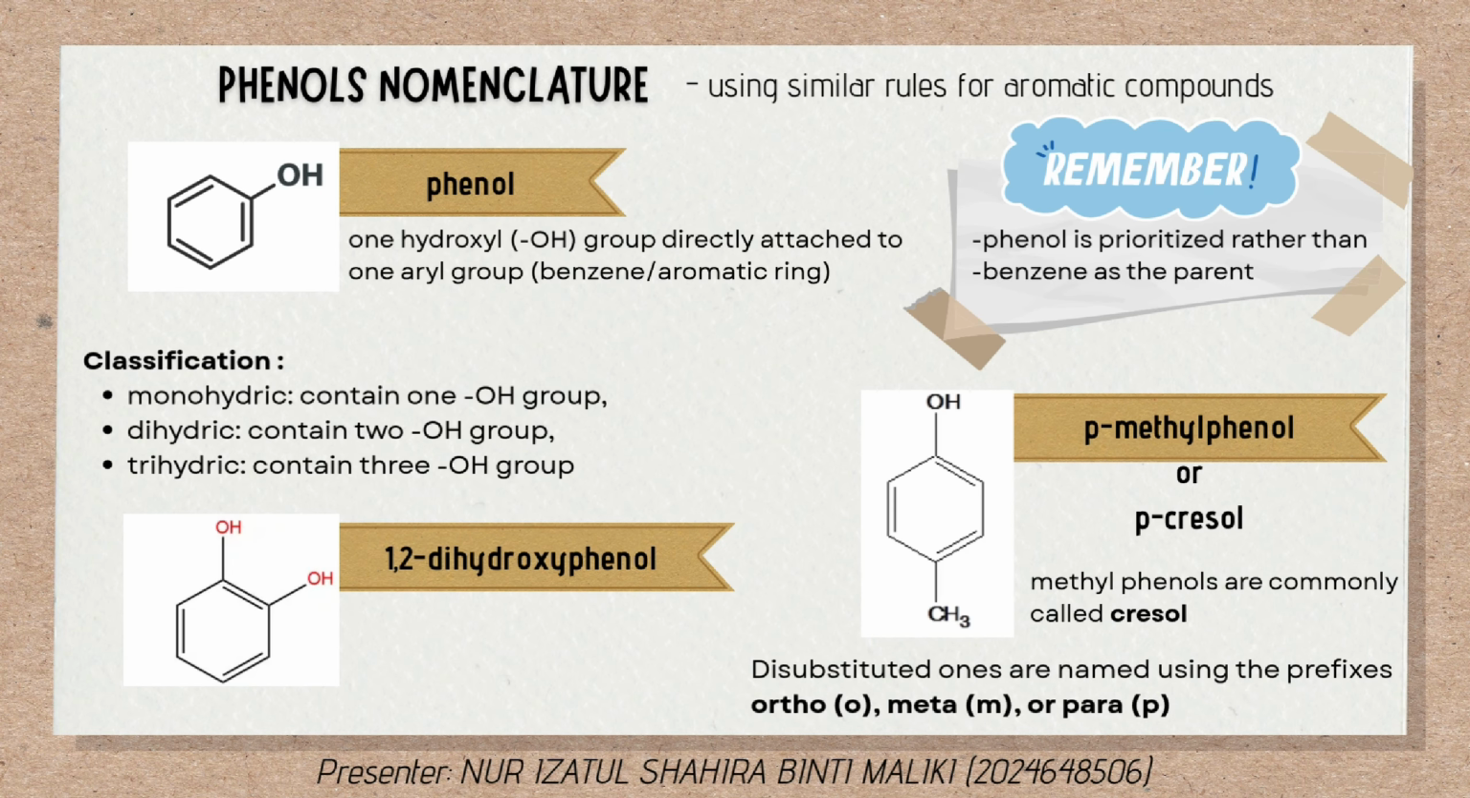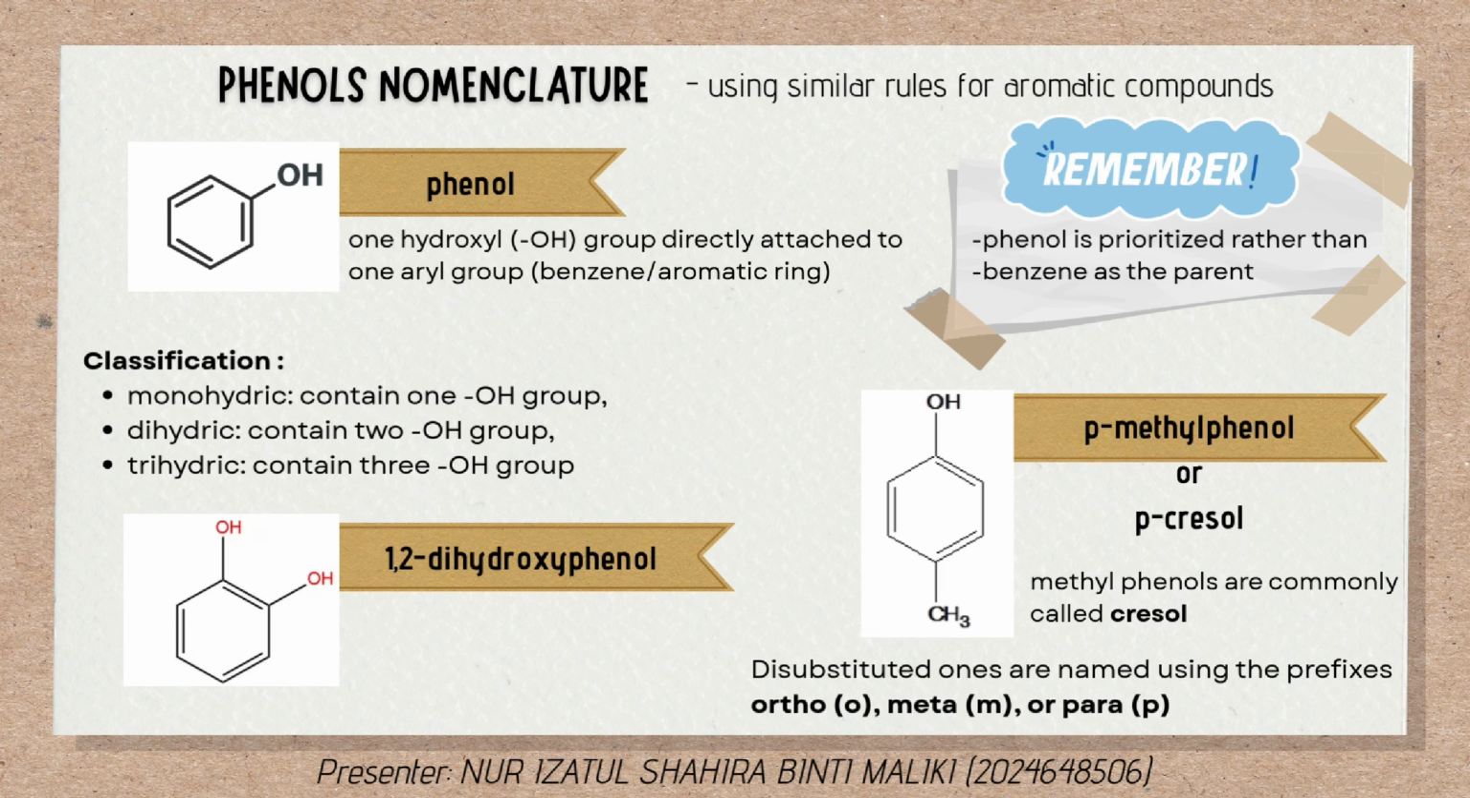Next, let's move on to phenol nomenclature. Naming phenol basically uses rules similar to those for aromatic compounds. For example, an organic compound is named phenol when one hydroxyl OH group is directly attached to one of the carbons of an aryl group, known as the benzene ring. So, we need to always remember to prioritize phenol, then benzene, as the parent when naming the organic compound